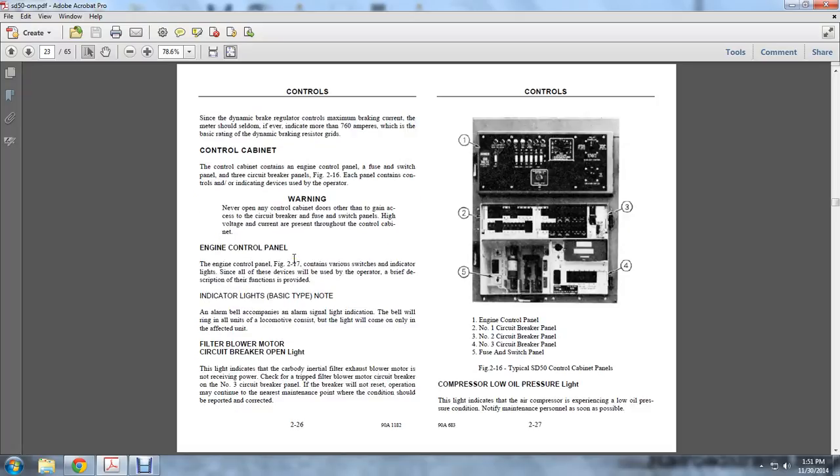Since the dynamic brake regulator controls maximum braking current, this meter should seldom, if ever, indicate more than 760 amperes, which is the basic rating of the dynamic braking resistor grids. The control cabinet contains the engine control panel, the fuse switches, and the circuit breaker panels. Each panel consists of the controls and indicating devices for the operator. Never open any of the control cabinet doors other than to gain access to the circuit breakers and switches,